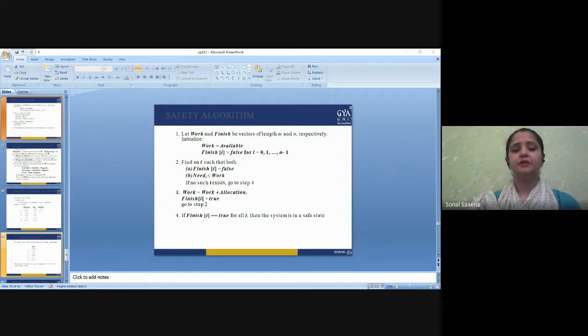Now, we can show that the state given in the previous example is a safe state by showing that it is possible for each process to acquire the maximum resources and then terminate. As I told you, if you remember, P1 needs two instances of A, one instance of B, and one instance of D, more resources for achieving its maximum. So, the system now has one A, no B, and one C and one D resource available. So P1 terminates, returning 3A, 3B, 2C, and 2D resources to the system.